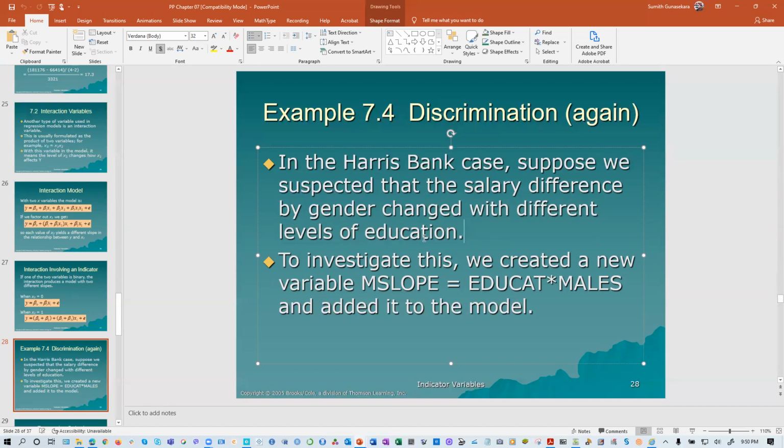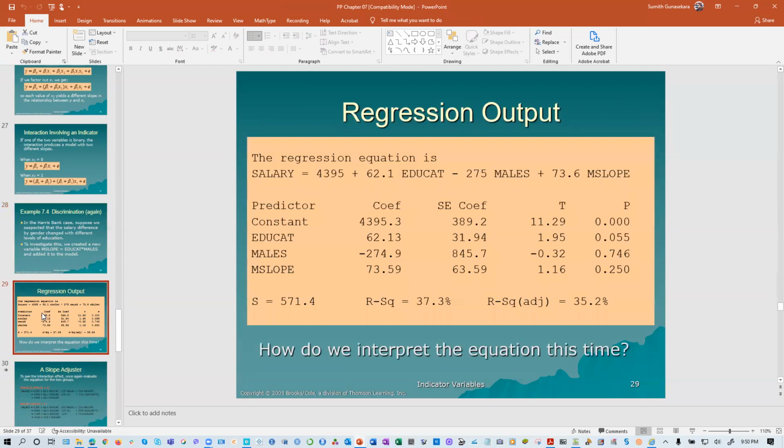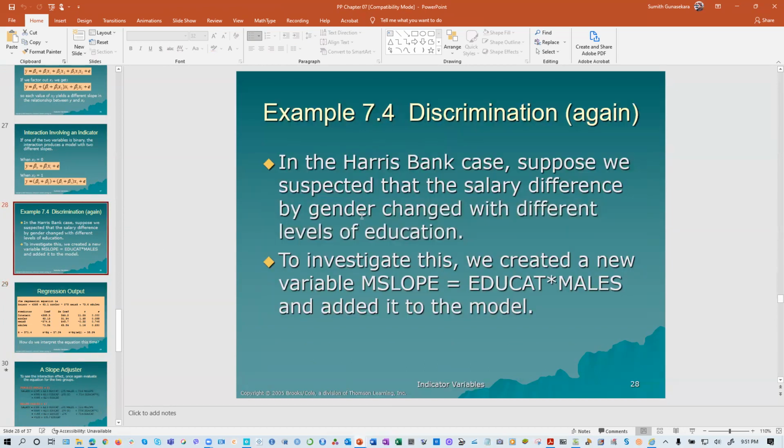Education is a quantitative variable, sorry, not categorical. In this formula, we have the salaries. I think they call it salary, no? You have a salary, you have education, which is quantitative, and you have males, which means a categorical one. We want to see whether the salary is affected by this one, that difference by gender,